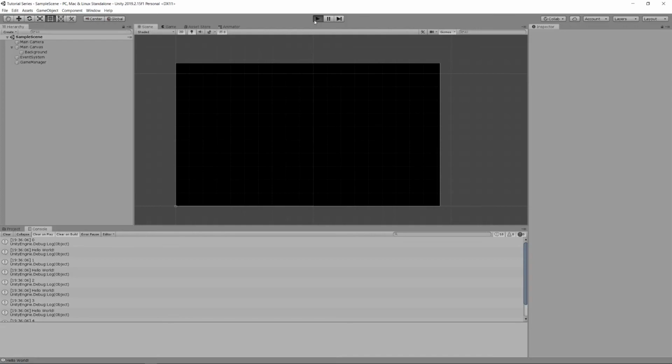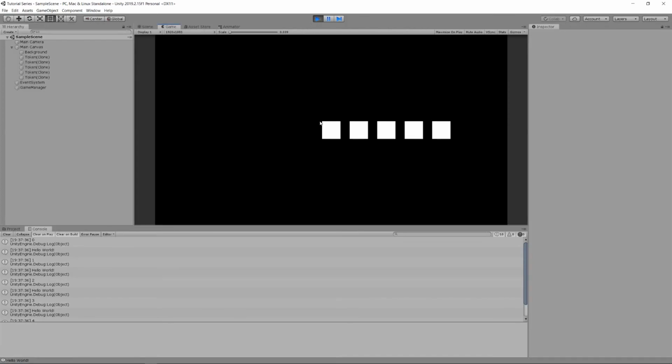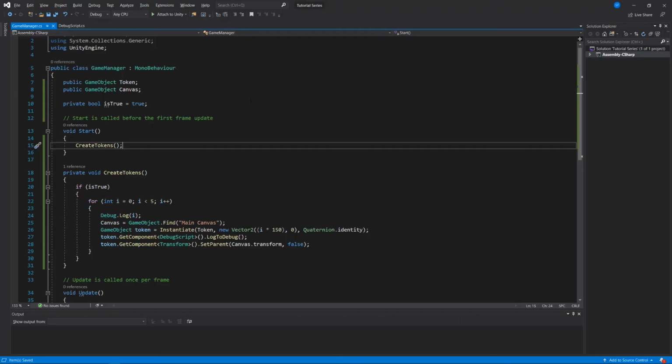Hit play. And we see the same functionality. What we've done, we've abstracted a little bit. We've taken all of this create tokens functionality. We've created a new function, sometimes called a method, and we've placed all of it within the curly braces, and then we call that function from the start function that happens at the beginning of the game when the game manager is created for the